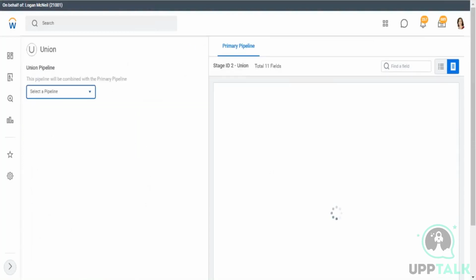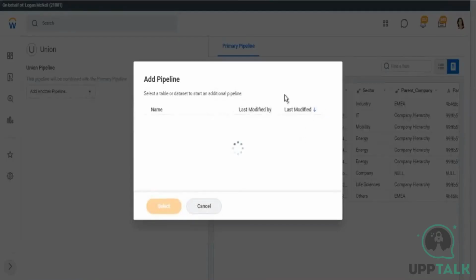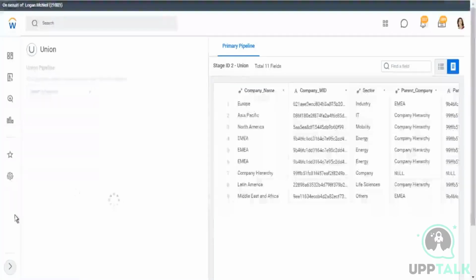Again, I would have to select a secondary pipeline. My primary pipeline is already defined. I want to add another pipeline, and the another pipeline I want to add is DDS02, right? Something we just created. So I am unioning DDS01 with DDS02 in the new derived dataset DDS03. And when I select this,